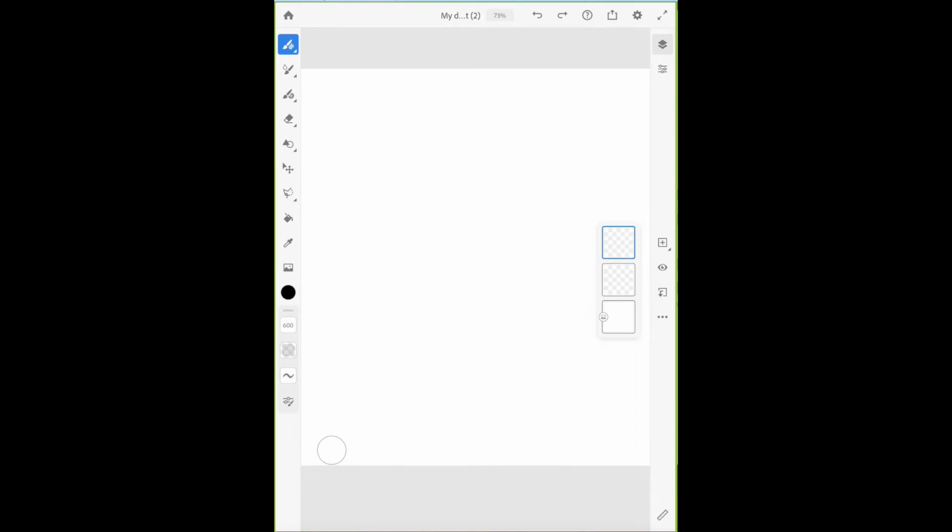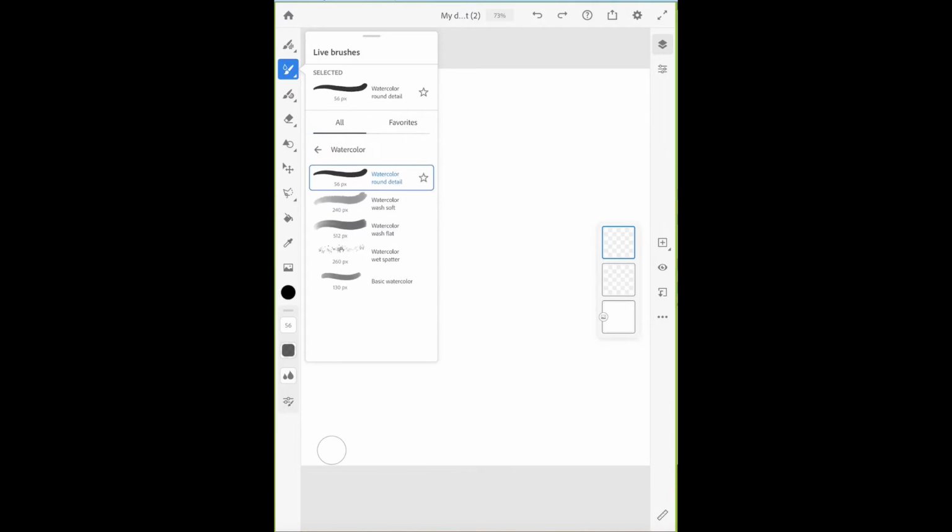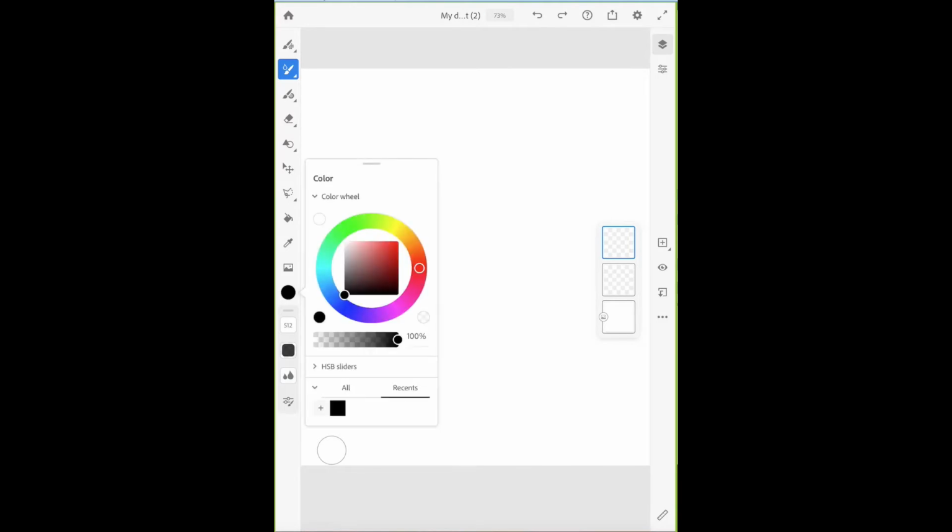We're not going to use the pixel brush a whole lot today unless you really wanted to mess with that later. What we're going to use is some of these live brushes, which are super powerful. You have both watercolor and oil. In watercolor, I'm going to choose the wash. Here, I'll show you what it looks like. If I click the color picker, I can